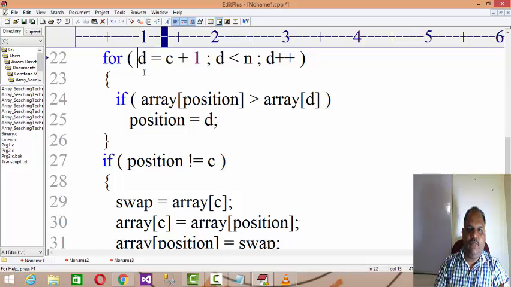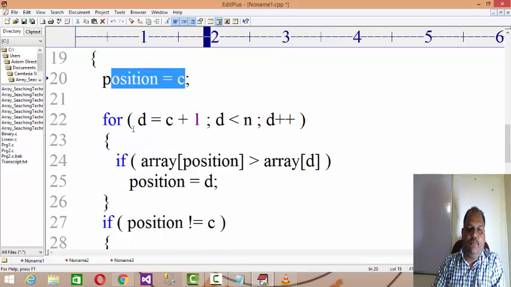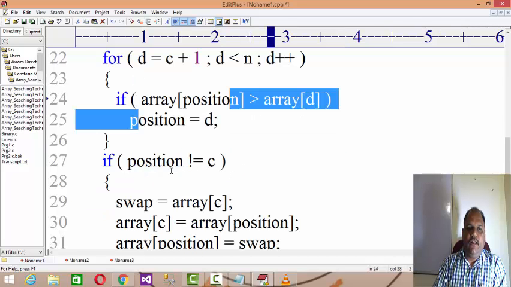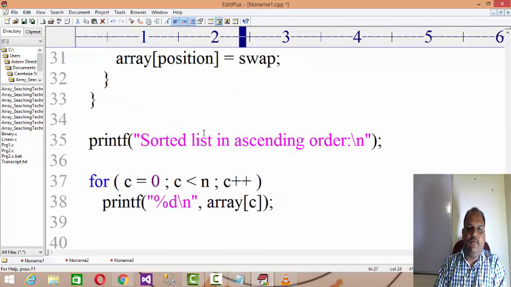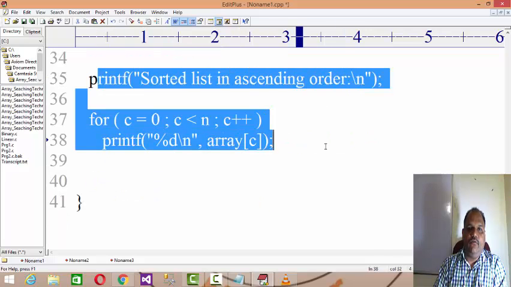The first loop will be for c equals 0, c less than n minus 1, c plus plus, and the position is 0, and then you pick up that particular element. Where array of position is more than array of d, position equals d. If position is not equal to c, then swap that element, and at the end you will find the sorted list in ascending order.